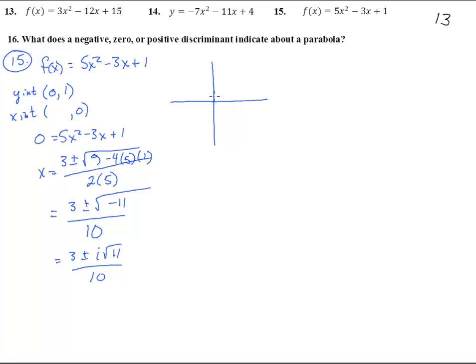We have 0, 1 is right here. X-intercept, cross that guy out. So we're going to head up from here. But where's the vertex? In between these two imaginary numbers still, that negative b over 2a equals 3/10. So the vertex is going to be 3/10 something. So let's put this puppy in. 3/10 squared